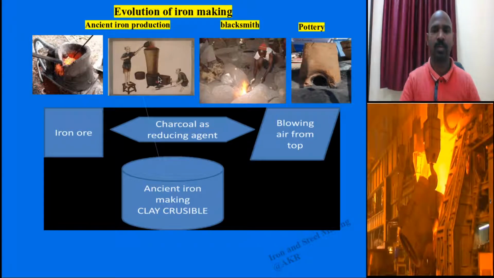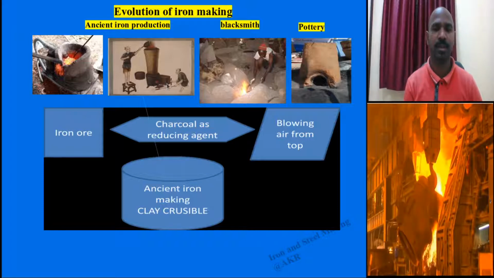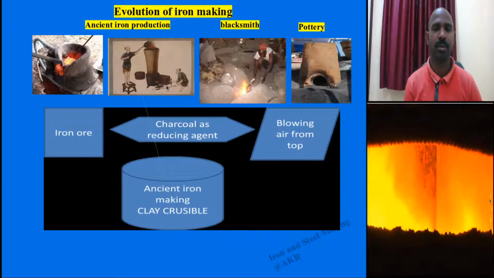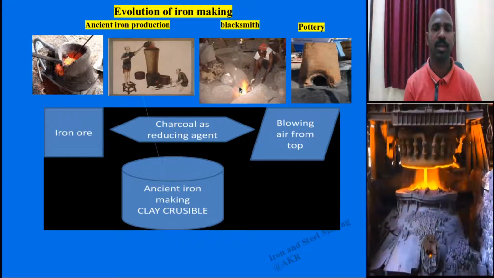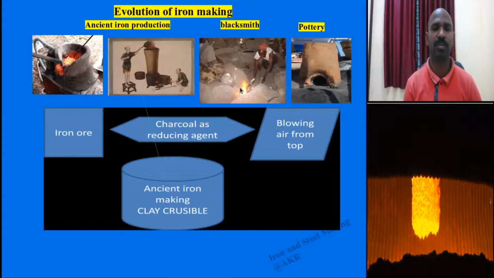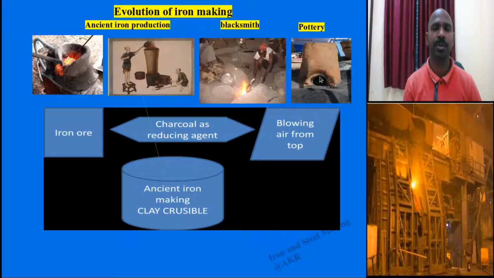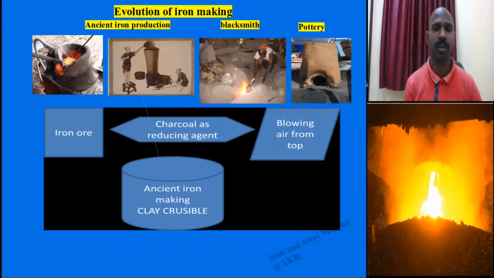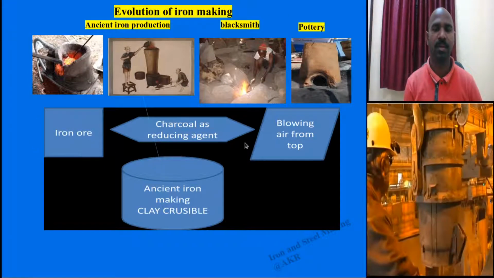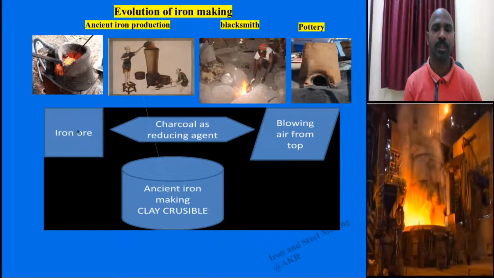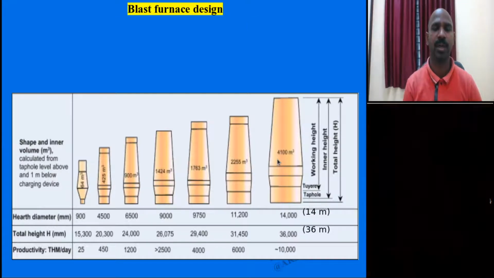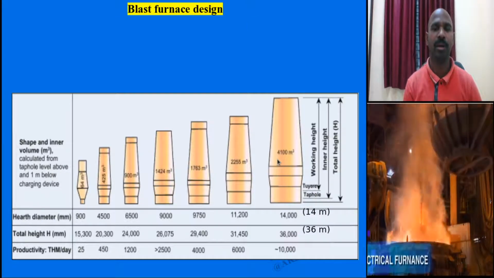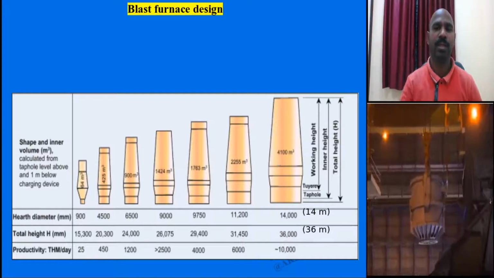It is a kind of furnace. In this clay furnace, the metal would be taken out and molded into the required shape, and you can see the blacksmith. It also resembles the ancient days. The same principle is used, and in pottery they also used a furnace design, a blast furnace. Iron ore as an input material and blowing air, these two things look common here.